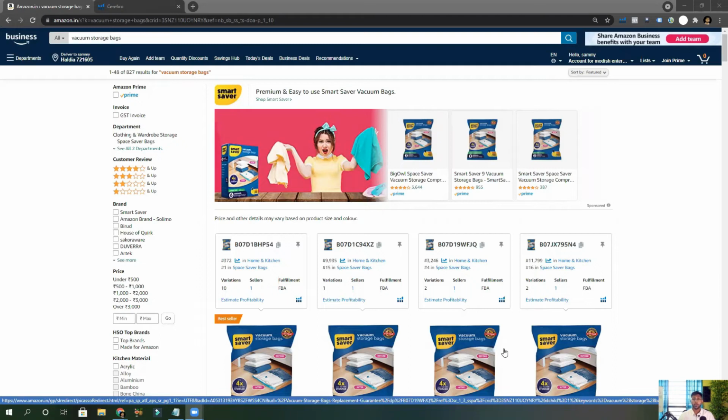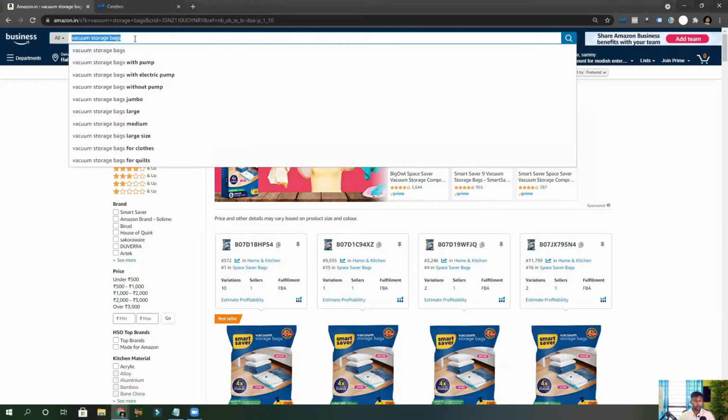What we are going to do in order to find keywords is keyword harvesting, as discussed. For this process, we are going to need Helium 10. Okay, so first, what I have done is I have taken this product as an example, vacuum storage bag, and I